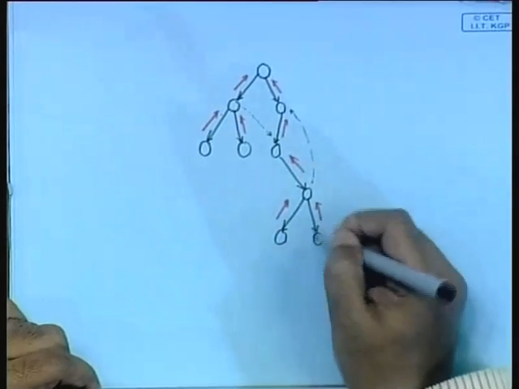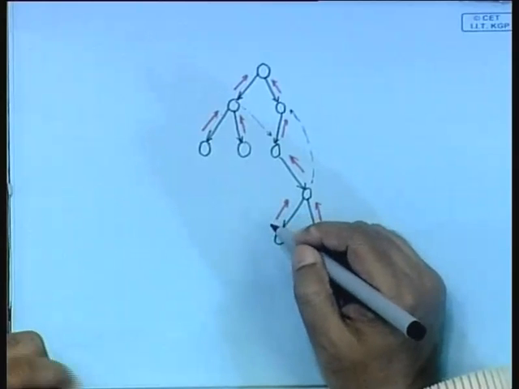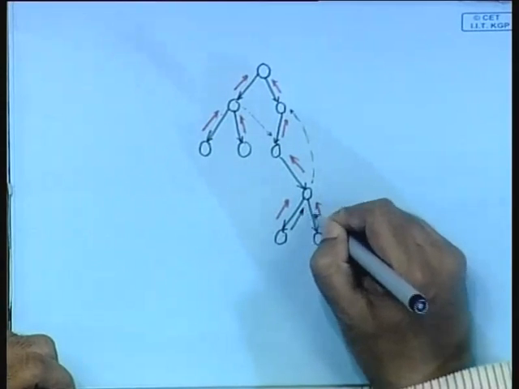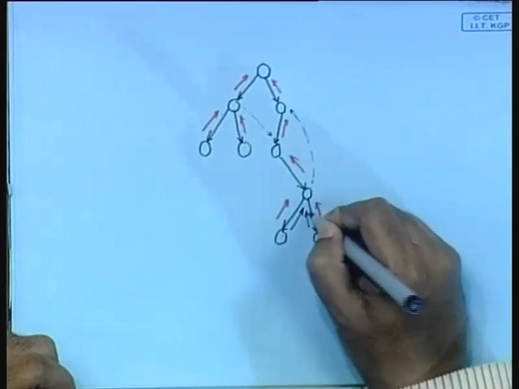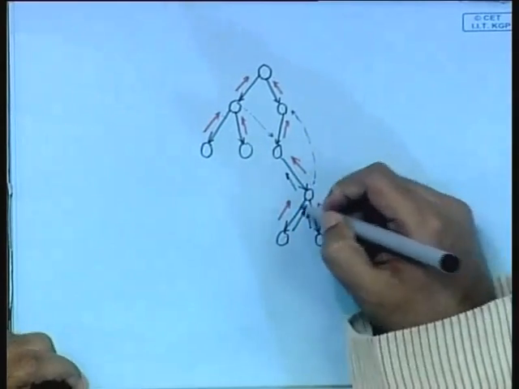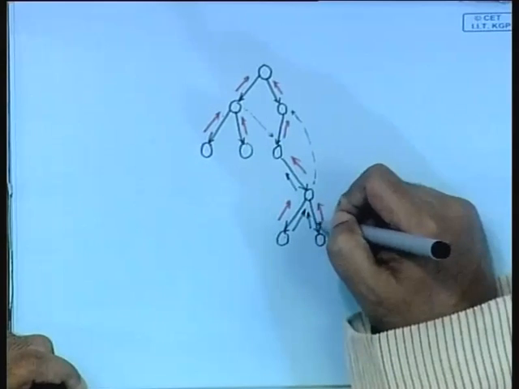Only when all the other fronts have been covered will this node start returning its token, then this will return its token, then this one will return its token, right. So, always for every process the last token sent is to its parent,